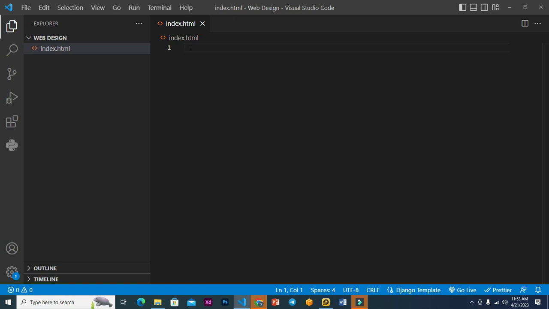Now here, because of the HTML5 extensions pack that we have installed, it makes it easy for us to know the syntax. How can we do this? We can just do this by typing HTML:5. Once we type this, Visual Studio would automatically suggest what we want to type. Now let me clean it